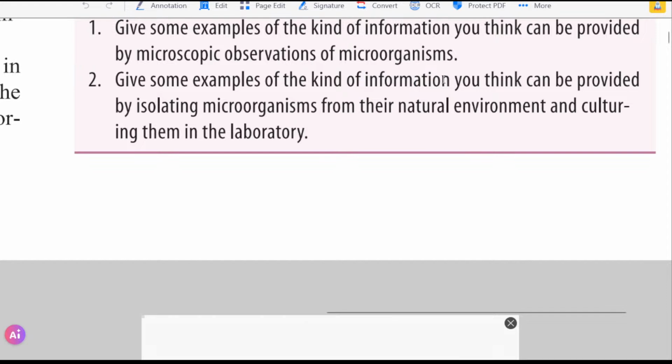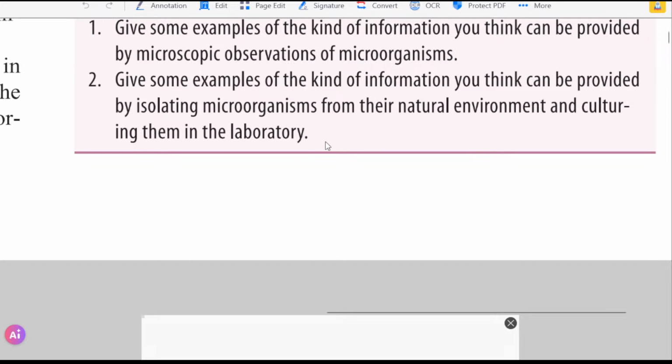Like I said, I will know their colony shape, their colony size, and what class they belong to, if they are familiar with some other microorganisms. And they are not talking about just the microscope, right? We can do biochemical tests like the catalase test, to see if they produce oxygen or not, since it breaks down H2O2. Or whether they live in aerobic or anaerobic conditions, so we can separate them.